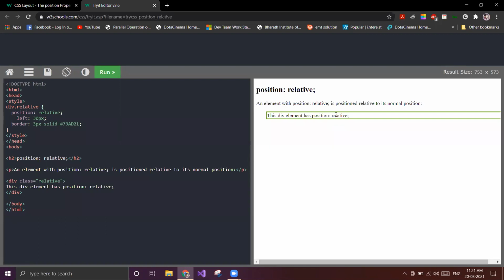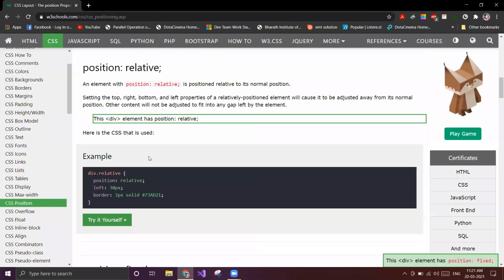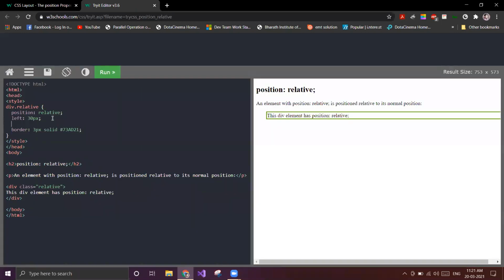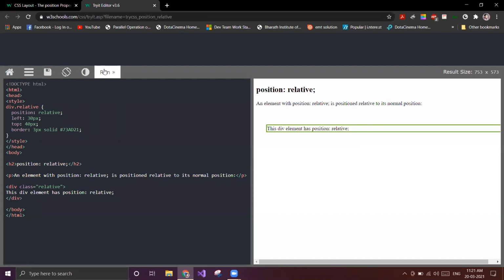These are like the x-axis and y-axis we saw in math. In the same way we can change more, like top 40px. You can see from the top it came down 40px.